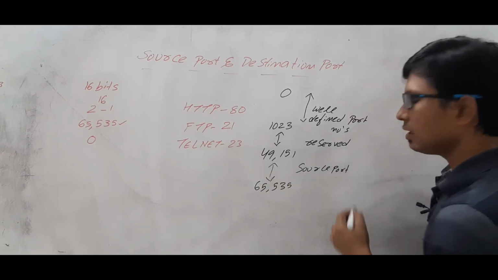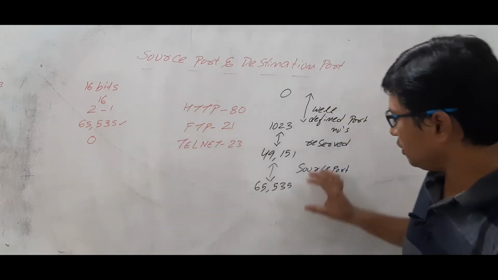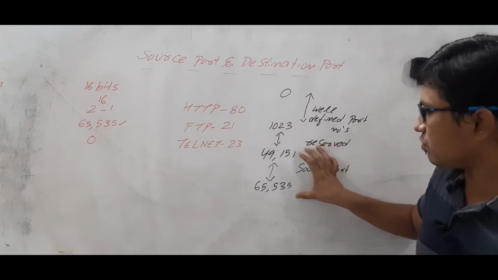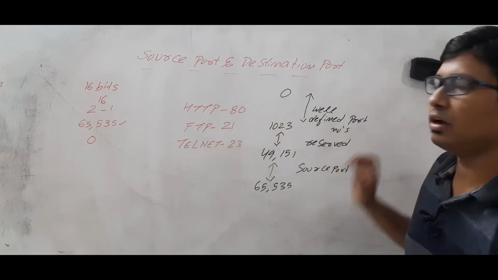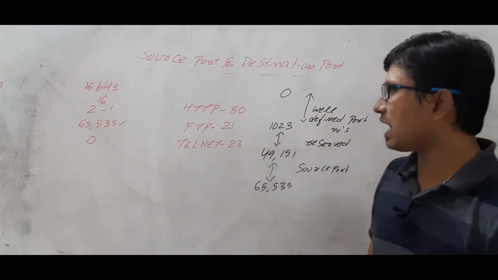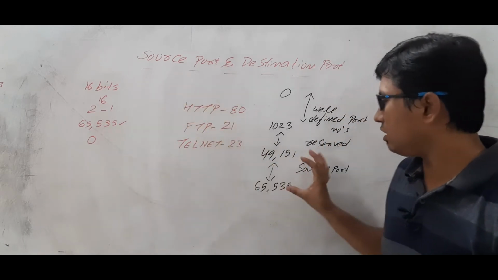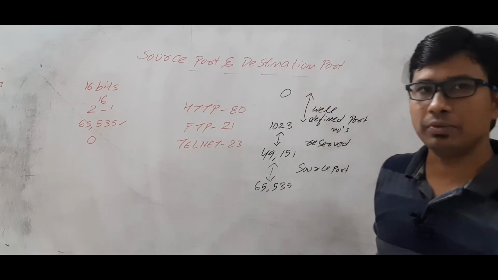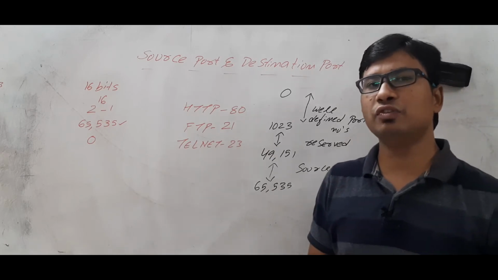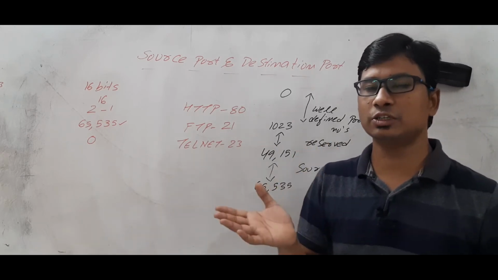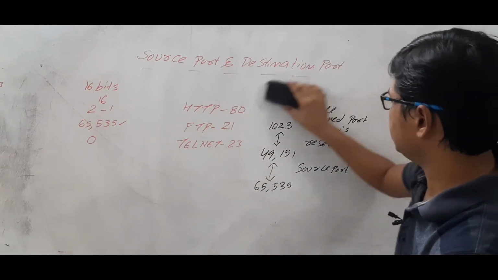Now if I have to keep the source port number, what value should I keep? We will take it from this range. These values will be used for the source port, and for the destination port we will use the well defined port numbers. Now you can ask me, sir, why are you taking these values? For the source port we can take any value from this range, and the destination port number is well defined. Are you able to understand? Now we will discuss whether the source port and destination port alone are useful for identifying a communication or not. We will check.